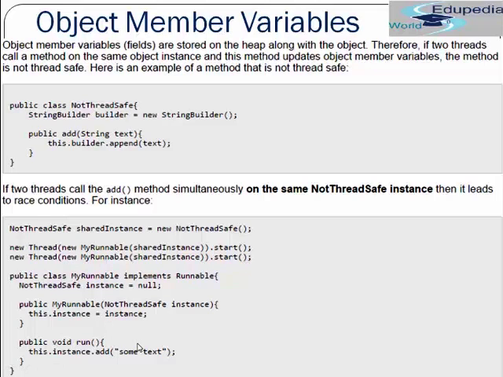So you see, since both of them are using the same resource, the builder will append some text and some text in a way that it will not properly append as we wanted, since it is not a thread safe class and the builder instance will be common. Each time, although we might want a different builder instance, it will be using the same builder instance and keep on appending to it. So that was something that we didn't want.